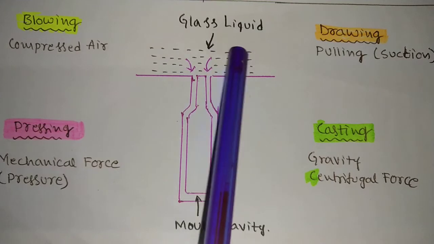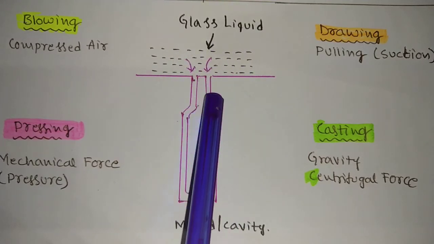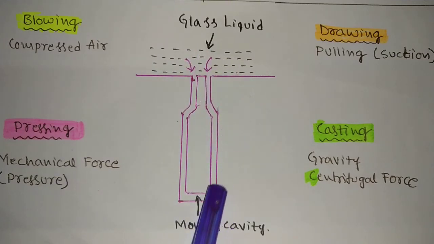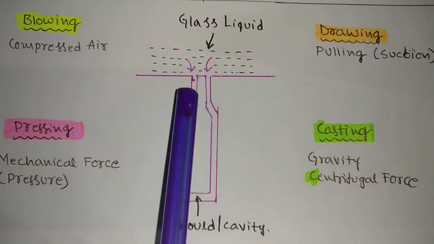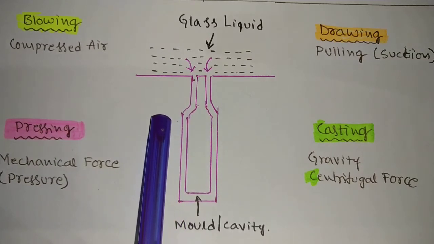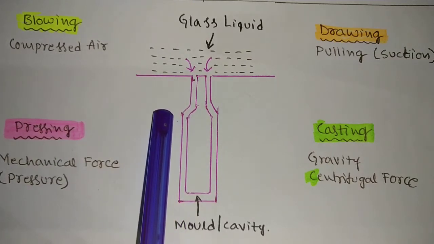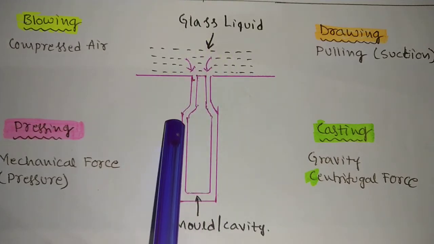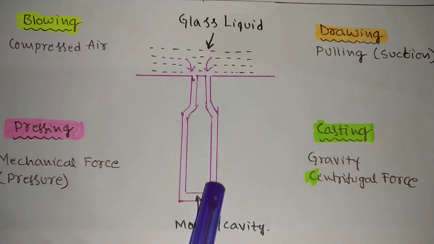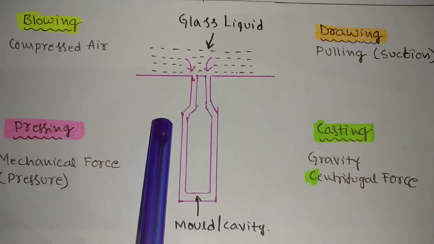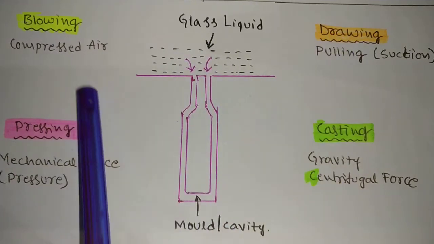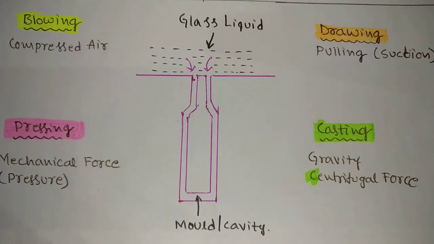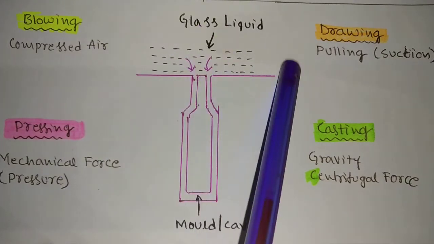This glass liquid we send inside the cavity, so that the liquid will take the shape of this mold. Later we have to cool the system. When you cool the system, the liquid glass will automatically solidify. After solidification, you remove the die so that you get the glass. This is the method of preparation in all 4 methods. Then what makes the difference, we will see now. This is very common in all 4 types.